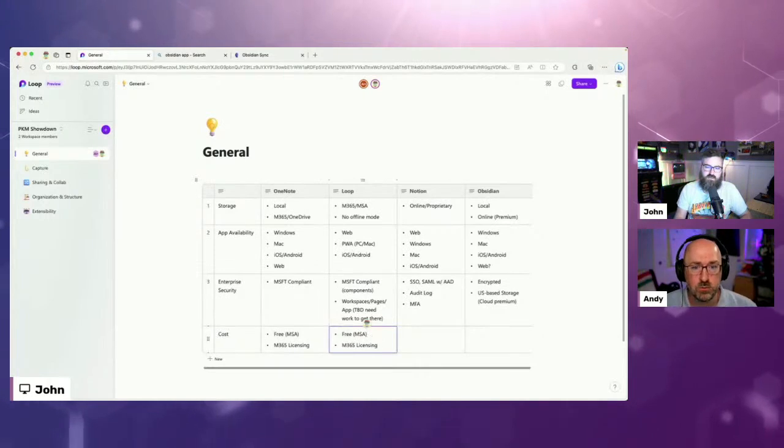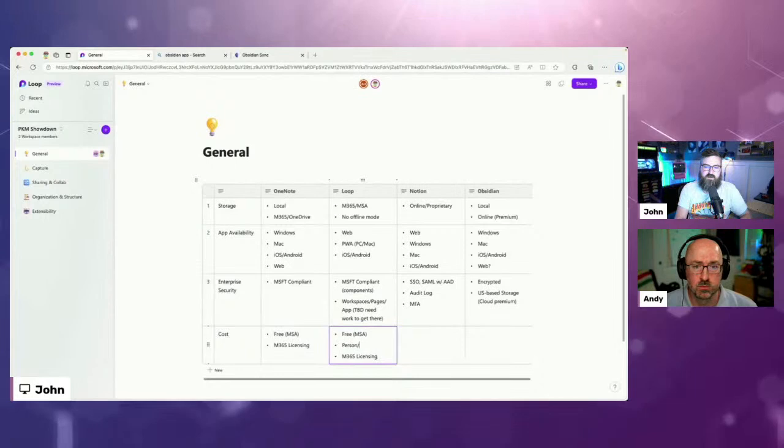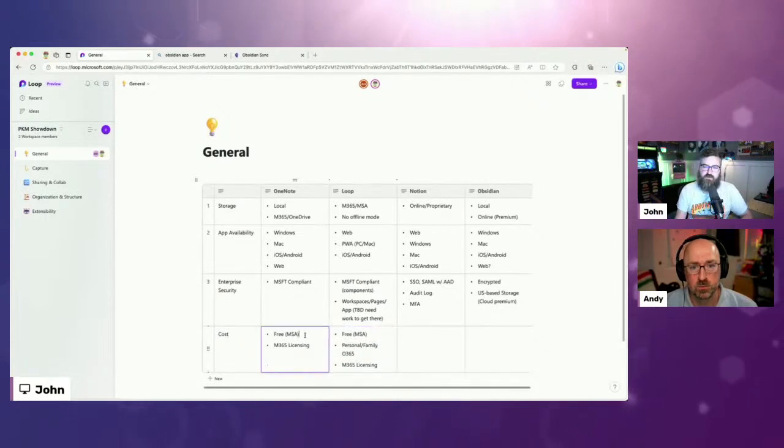I think maybe what we should also put here is there's personal and business O365, or personal family O365. You can do that with OneNote and all that because you've got OneDrive.